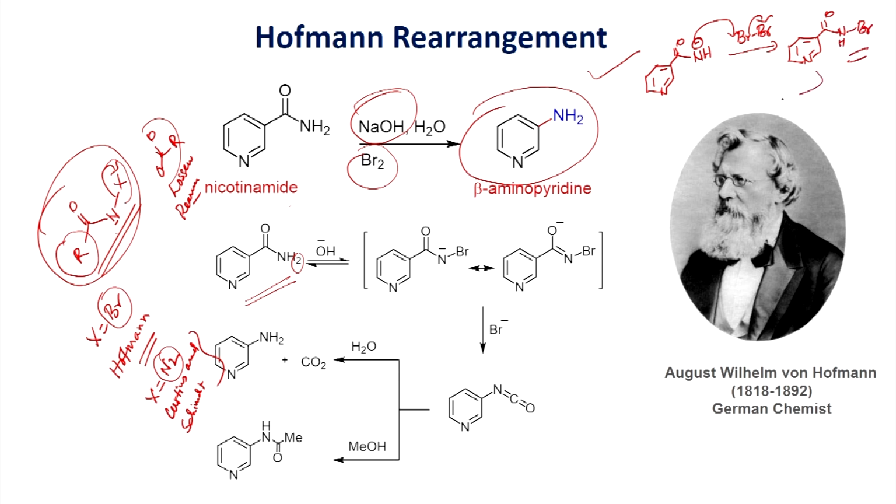Once you form this one, it can further react with base. Deprotonation will be able to produce this intermediate. Once you form this one, this group undergoes migration to here, and this can leave, and you will be able to form